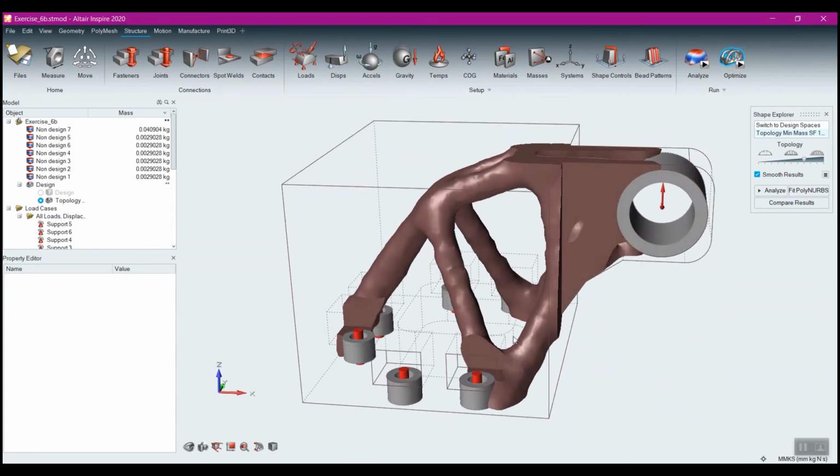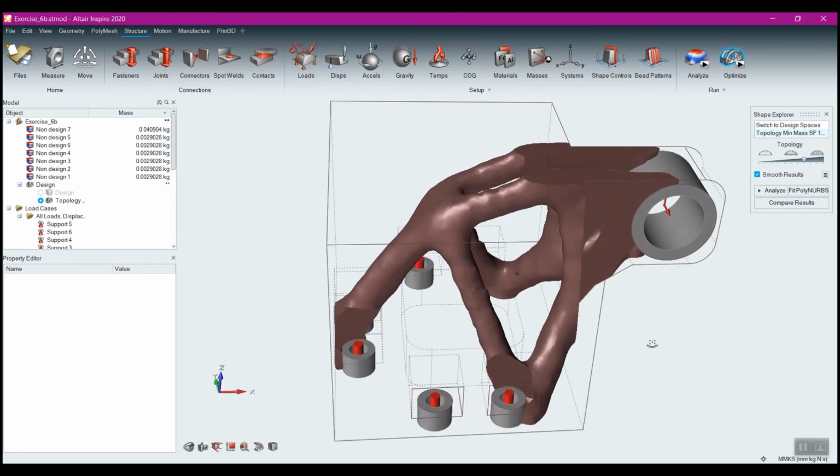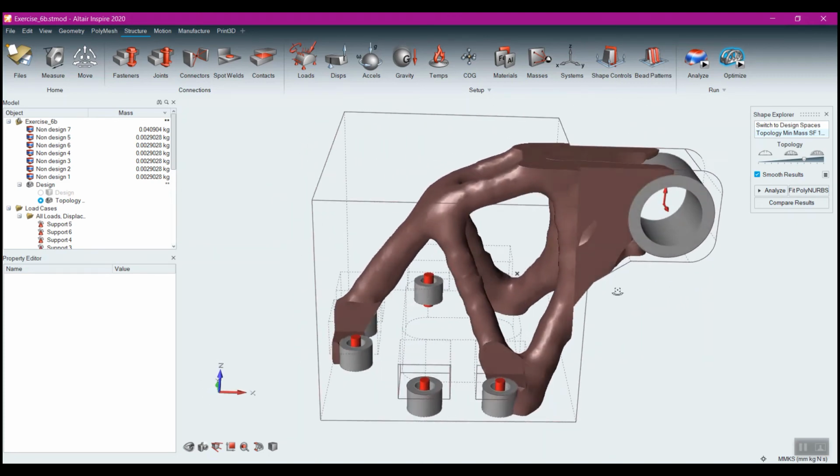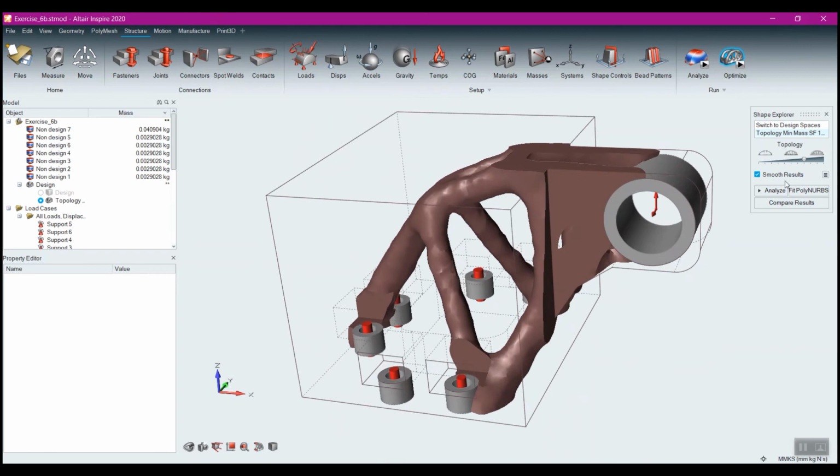In the next section, we'll talk about how to create geometry from this. But for right now, what I want to do is just kind of take an overview look at it. And then oftentimes, the very first thing I'm going to do is click the analysis button here, this analyze button, especially if I'm doing a maximized stiffness. Since maximized stiffness does not take stress into account, you know for certain that it's as stiff as possible, but you have no clue whether it can support the load. We're a little bit more comfortable with the minimized mass because it is stress-based, so I'm pretty certain it's going to handle the load. But I'd still like to see the overall behavior of the part, so I just click